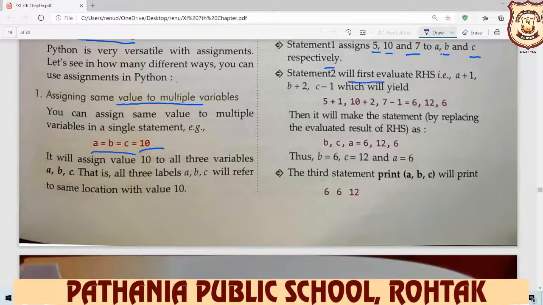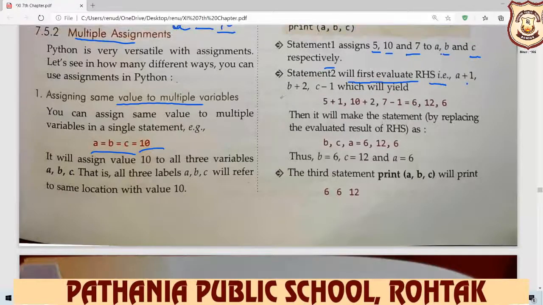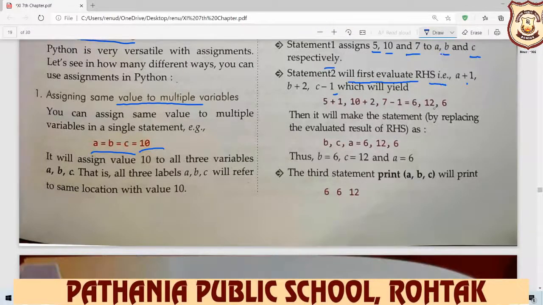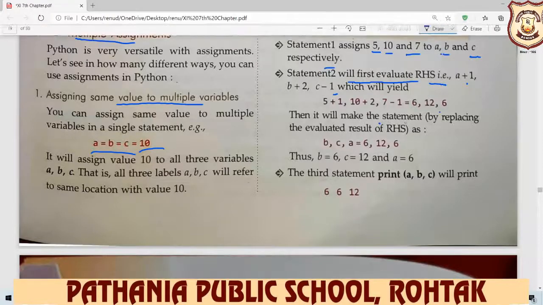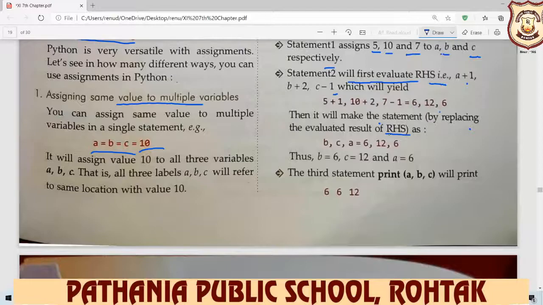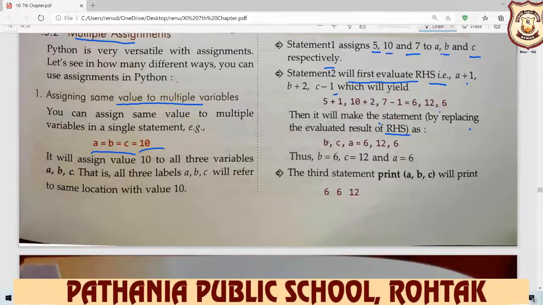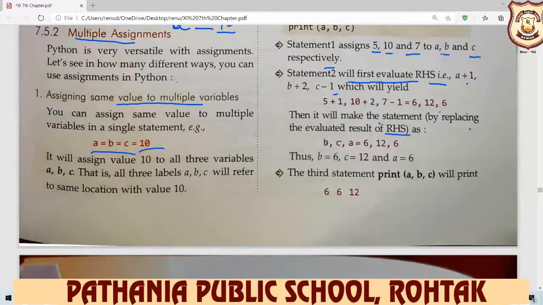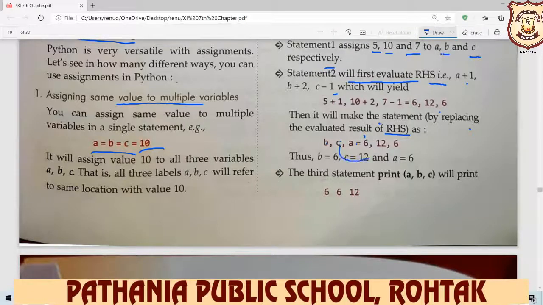Statement 2 will first evaluate the right hand side: A plus 1, B plus 2, C plus minus 1, which gives 6, 12, 6. Then it takes the statement by replacing the evaluated result of the right hand side. So you write down B, C, A. Here B displays 6, C displays 12, and A displays 6. Your answer is like this.